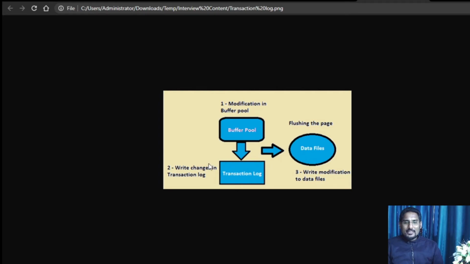Now, why are transaction logs needed? Let us take the next question. After we've understood the flow, why are the transaction logs needed? Because transaction logs maintain the records of the transactions which are active in nature. As soon as the transactions get completed or committed, they are moved to data files. Now, what is the need for the transaction logs to maintain the active transactions?